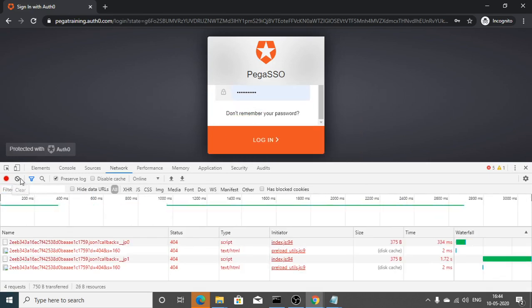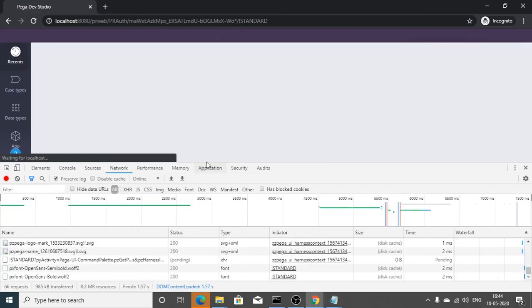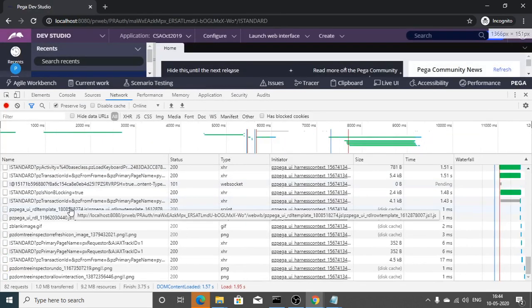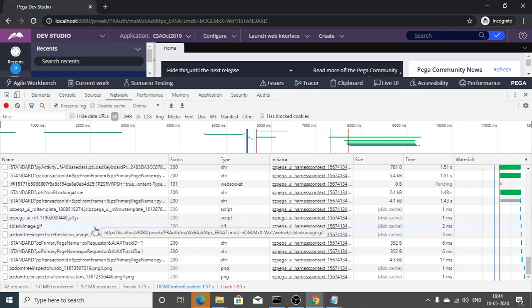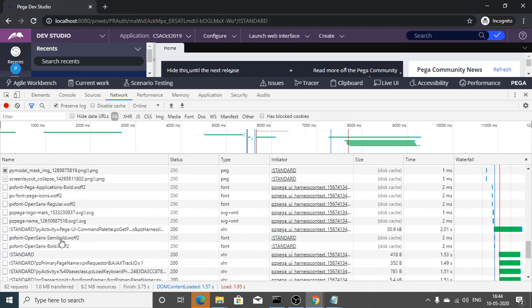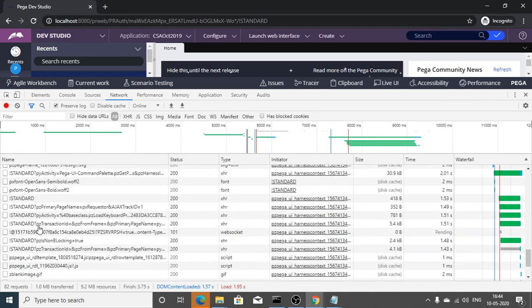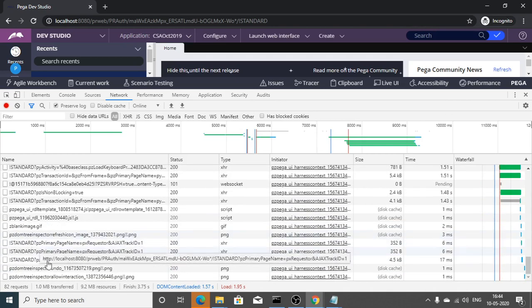Clear it and click on login again. It is now logging into Pega. I'll show you one particular token. I will not go through each one, as there are a lot of SAML requests and responses sent between Pega and the identity provider. Let's concentrate on this